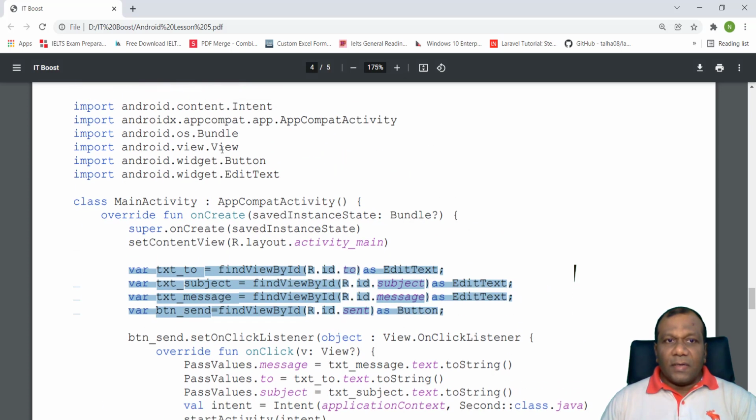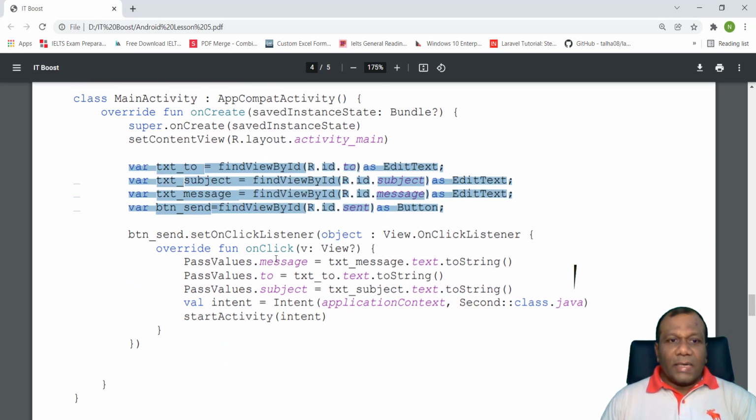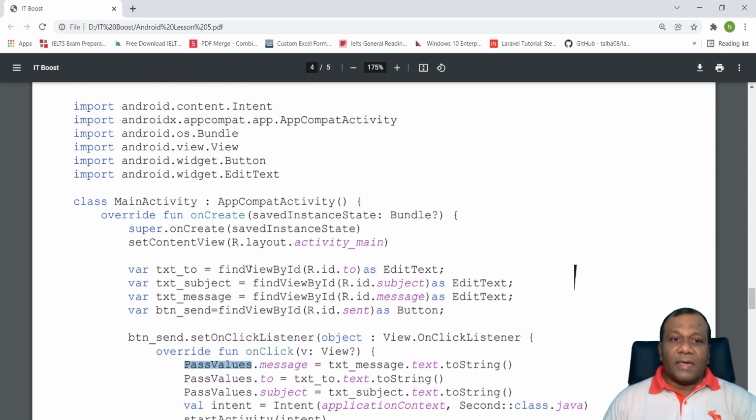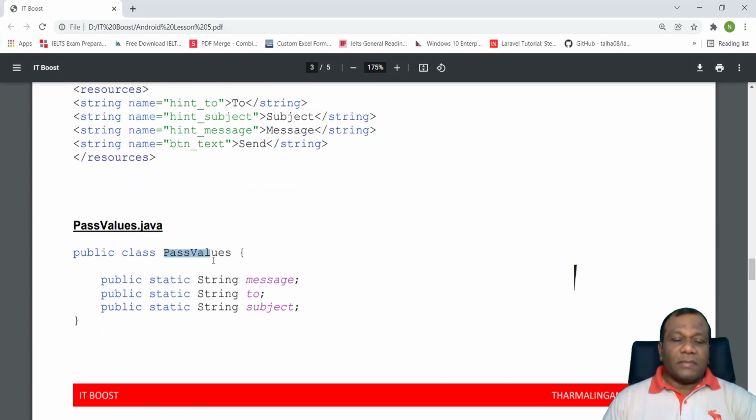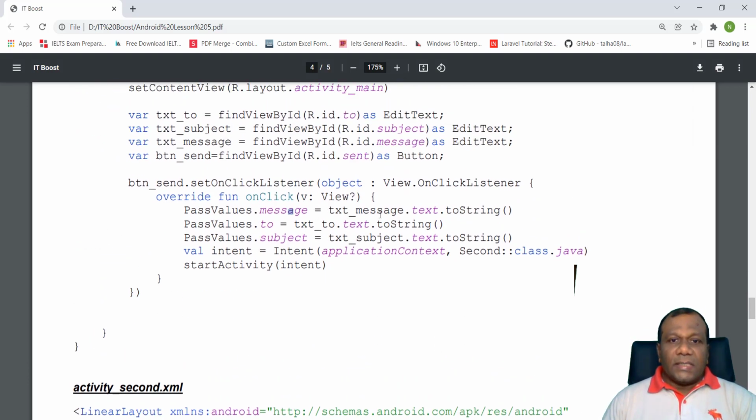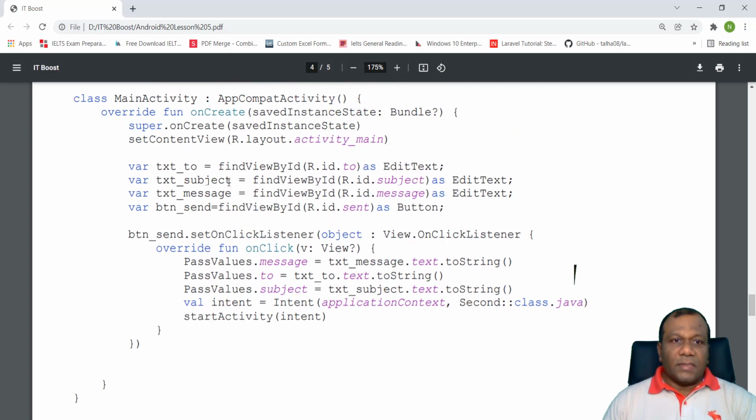Here, that's why we imported the View class. The onClick listener overrides the function onClick(view), passing values using the global class that we created. Pass values here. This is the pass values message, txtMessage.text.toString. This is the txtMessage text toString. Pass values 2 is the global variable, txt2 here, text toString, converting that one to string, all these 3